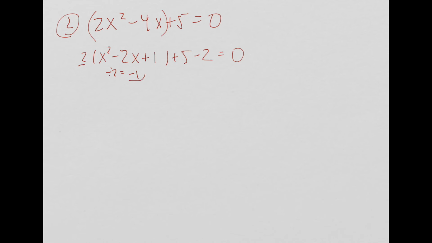Now I'm going to factor. Remember, it's always going to factor as x plus that number. Well, in this case, it's really a negative number, so I get x minus 1, and then that gives me a 3. Now what do we do? Now we're going to solve. So I'm going to move the 3 to the other side, divide by 2,